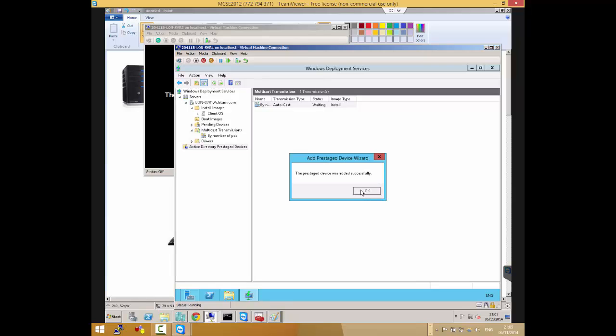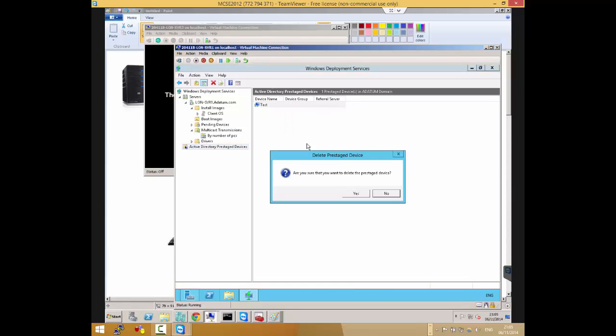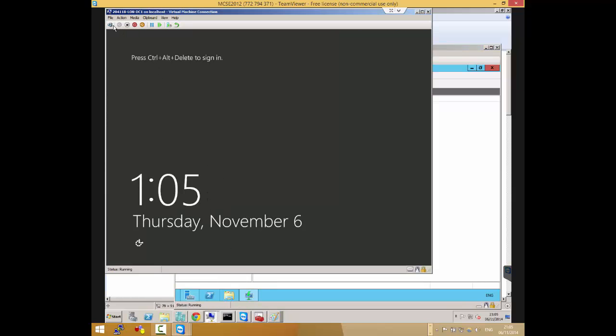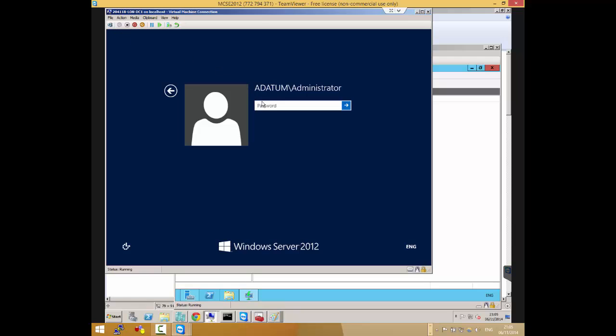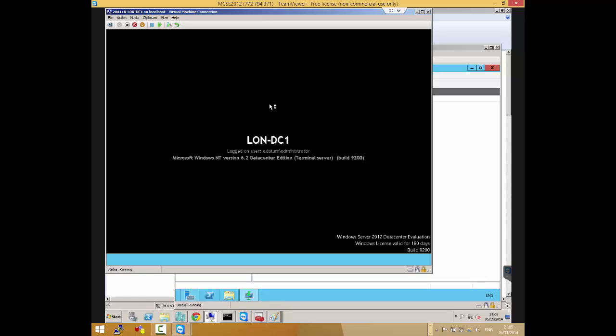Unless I use, for instance, the IT admin account, which already has permission. But I'll just delete this one. So the other thing is, if you want it to join the domain automatically, there's another prerequisite that you have to watch out for. And this one is really important because otherwise it can be confusing when you think, but I've used an admin account, how come the computer is not joined to the domain and the computer account is not created in the domain?